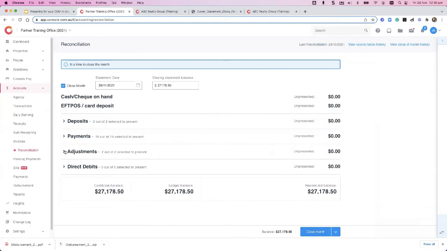Now, you would already be used to adjustments and things like that. If there is a circumstance where you're expecting something and you know it's definitely coming, it might be a rent adjustment or something like that, then that would be entered in there as well to continue. But obviously we need to really identify anything like that in the correct area. So I'll close my month in this office. That's all correct. And obviously I'm closing my last month because I didn't do it yet, so I'm actually closing October. Very, very late, which is bad practice. But anyway,